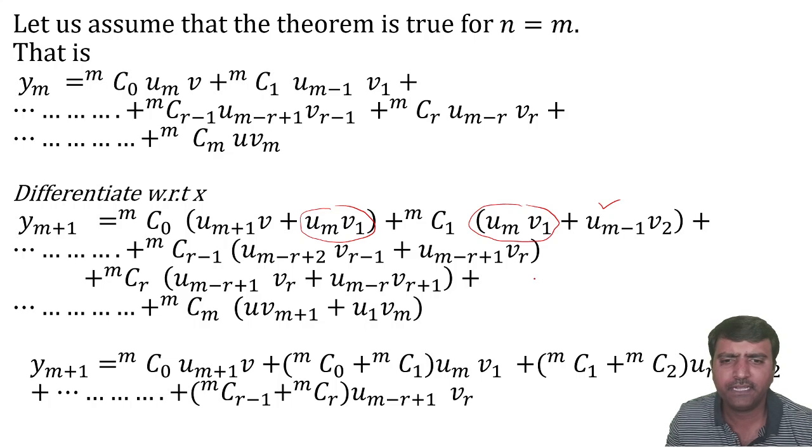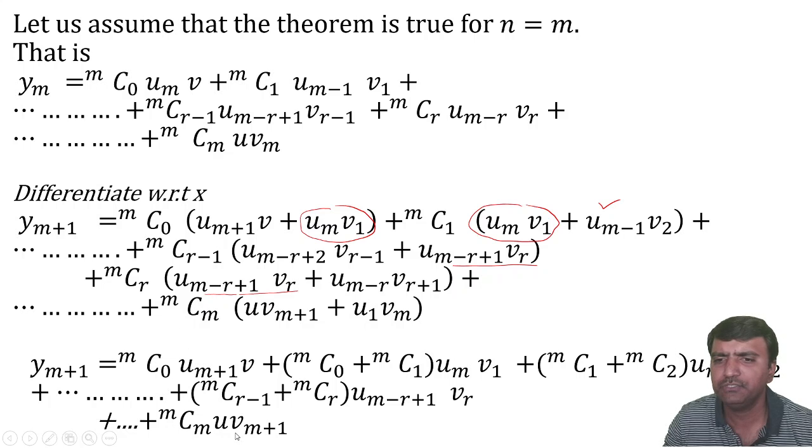So in that one you can take that u_(m-1) v2 as common factor, it gives mC1 plus mC2. Similarly at the rth term it is mC(r-1) plus mCr, u_(m-r+1). Here I am taking this term as common factor, this and this term. So this term is the common factor, so it is mC(r-1) plus mCr plus and so on. That last term is mCm into u1 v_m, or you can take it as mCm into u v_(m+1), u_(m+1). Okay, so next step we have